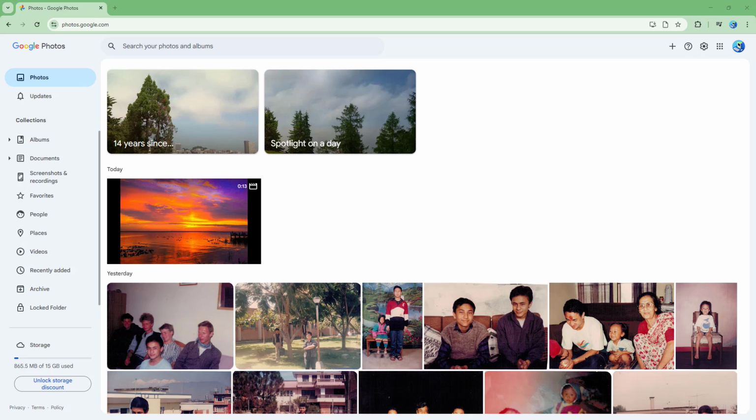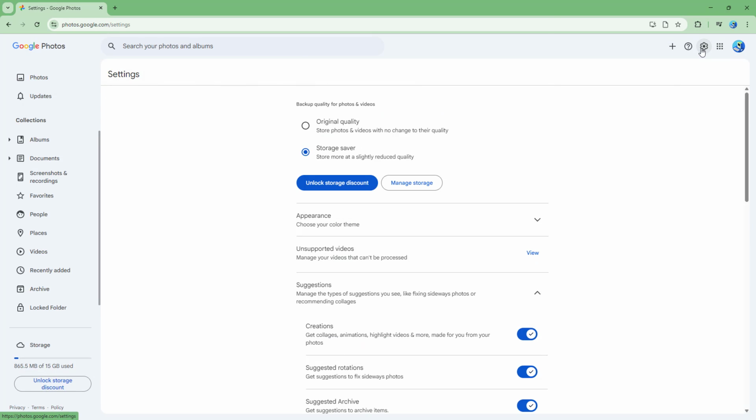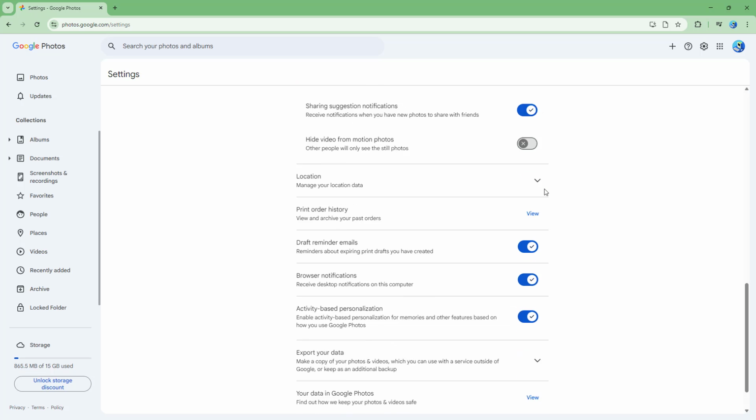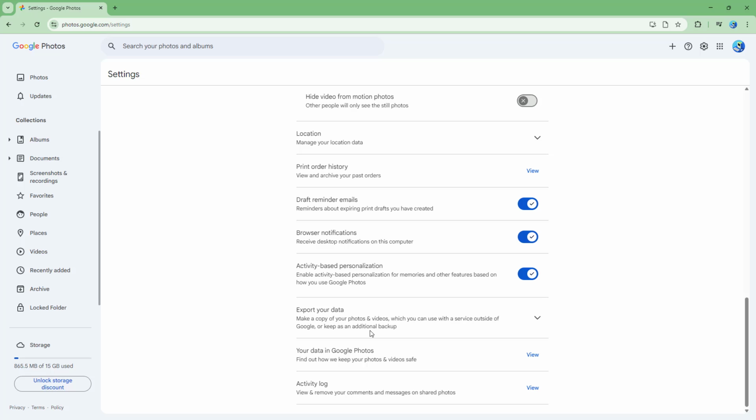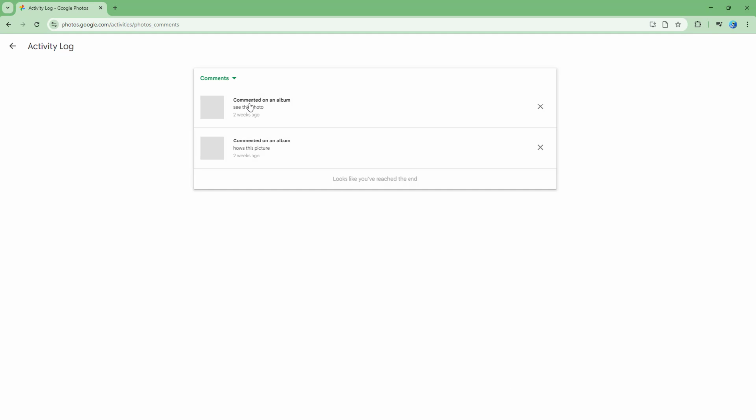So what you can also do is track your activity log as needed inside of Google Photos. To do that, you can go over here onto settings, and then you can simply go over here and see the activity log right here. Whatever you have done, you will see in the activity log right here. Press view right here, and then you can see that I have commented on an album